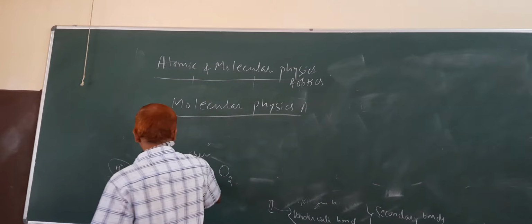H2 independently exists only as a molecule, but a helium atom, He, exists independently. So it is an atom and it is a molecule, and that molecule consists of only one atom. For that reason, those are called monoatomic. And atomic spectra are the same as molecular spectra. If you study the energy levels of an atom and a molecule, they are the same in the case of